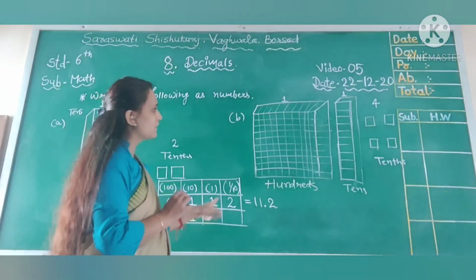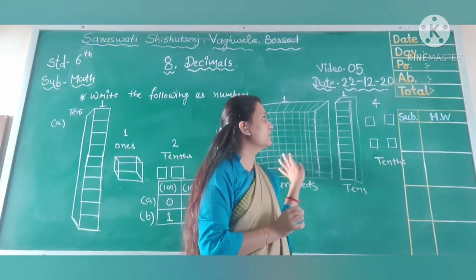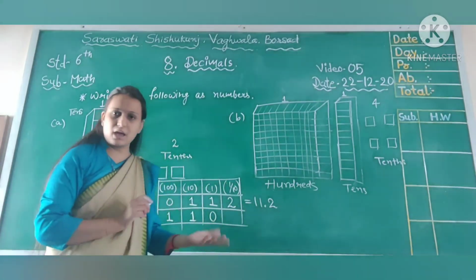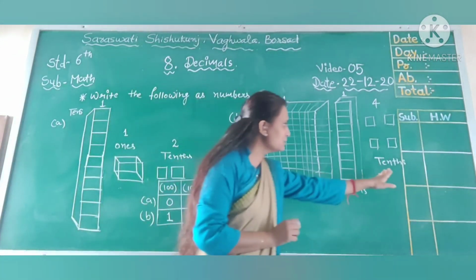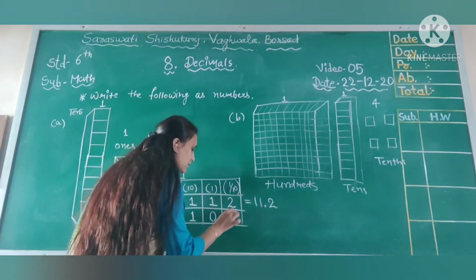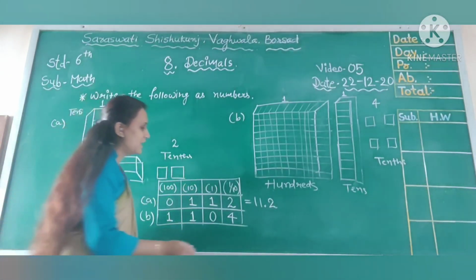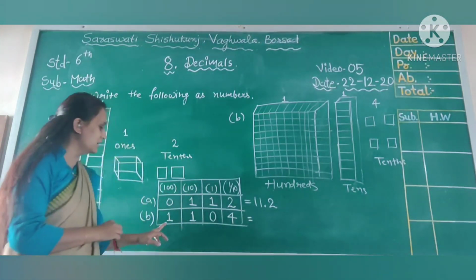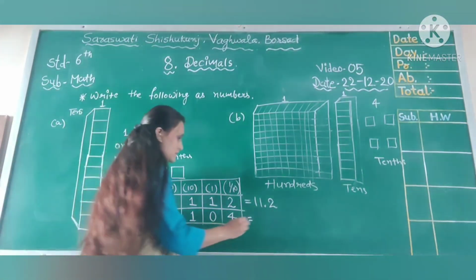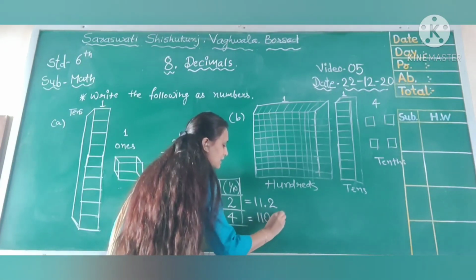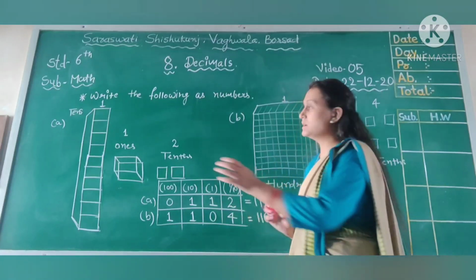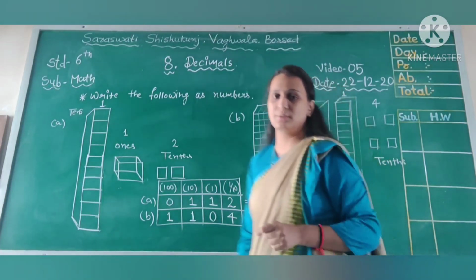Now here ones place is given, but in the given figure we haven't given any figure at ones place. So on ones place we can write 0 because we have nothing. Okay. Now on 10th place we have given 4 smaller blocks. So on 10th place we can write here 4. Okay. Now let us define the number as decimal. So you can write here 110.4 because here decimal point is given. So the number is 110.4. Okay, so these way you can write decimal numbers by using the different figures.